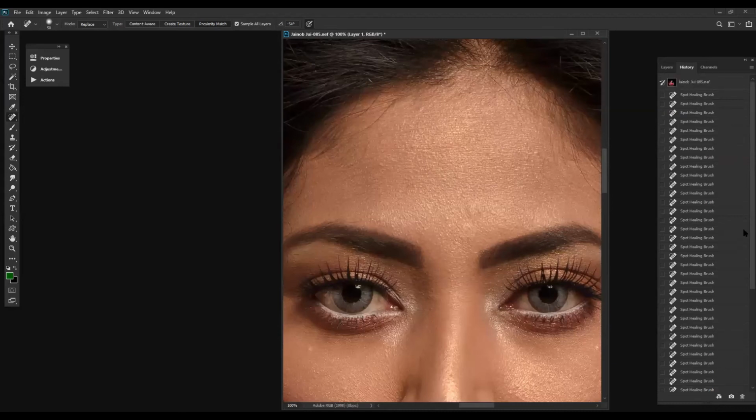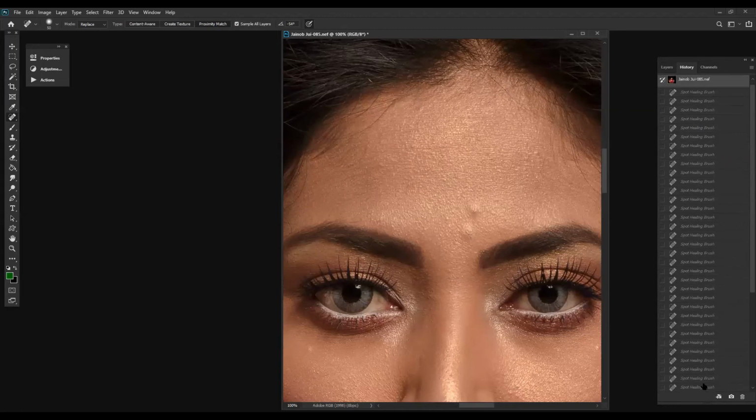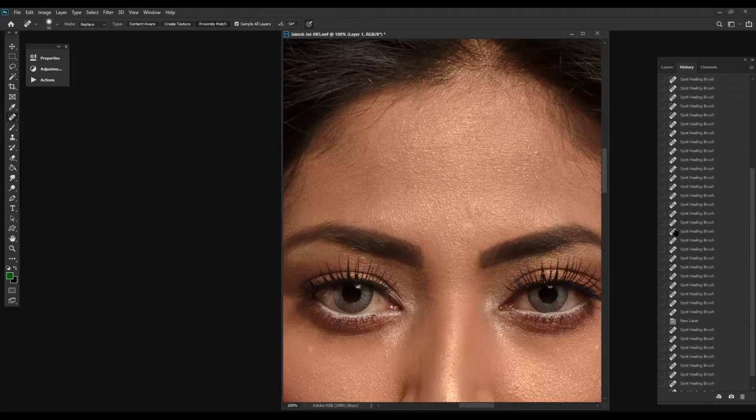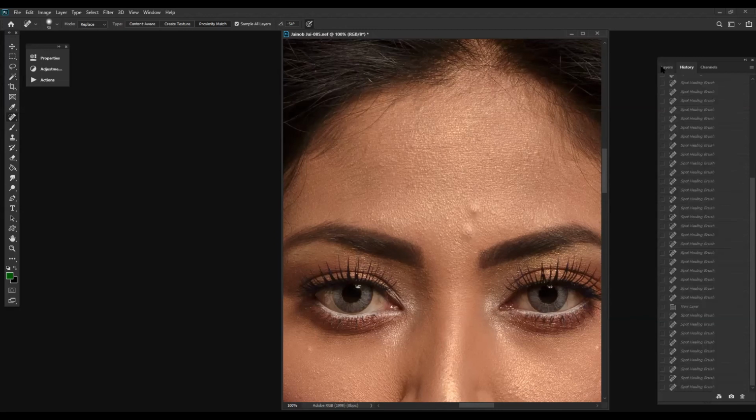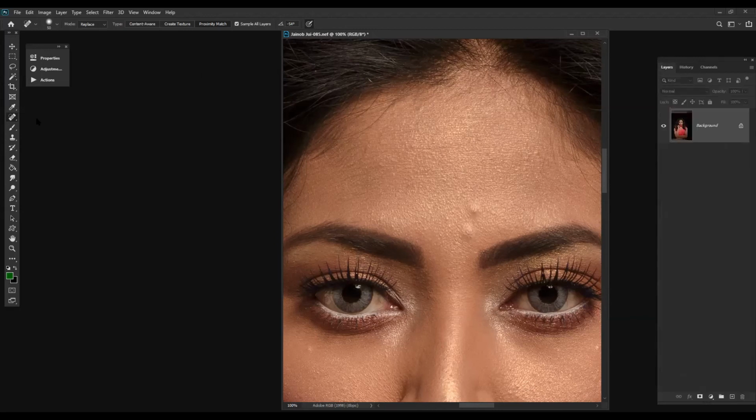You can see now. Okay, sir. Now next we come to the healing brush. We did the spot healing, now basic healing. So what does basic healing do?